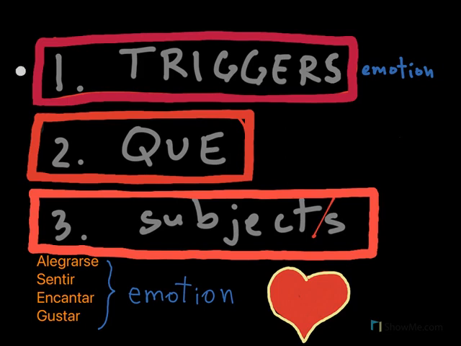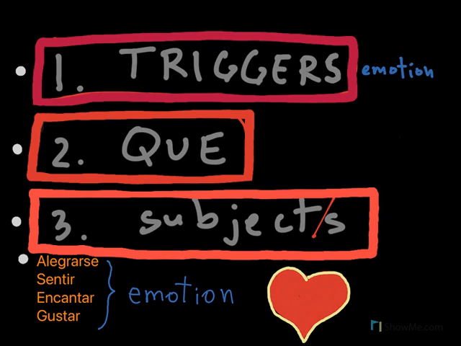All right, so let's take a look. So you have here the trigger. In this case, it will be the emotion. You have the que that connects two parts of the sentence. You have two subjects. For example, I am glad you bought a new motorcycle. Actually, we need the present. I am glad you are buying the motorcycle. It would be the subjunctive in Spanish because it has the emotion, it has que, that, and it has the two subjects.